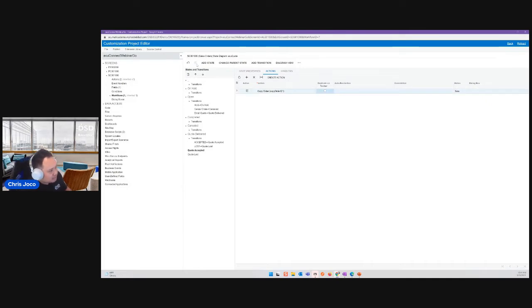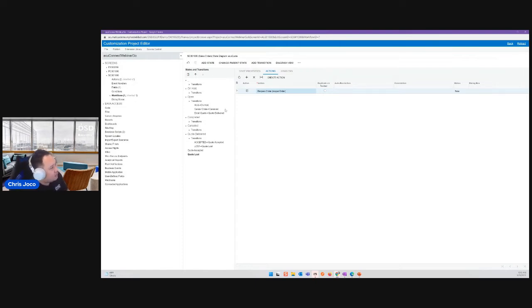so that we can make that available as an action that can take place. Now, also on the quote lost, in case they come back to us in a few months, I want to be able to reopen this particular order. So I'm going to click the plus sign on my quote lost, and I want to reopen order. So I want to make these actions available when I'm in this particular